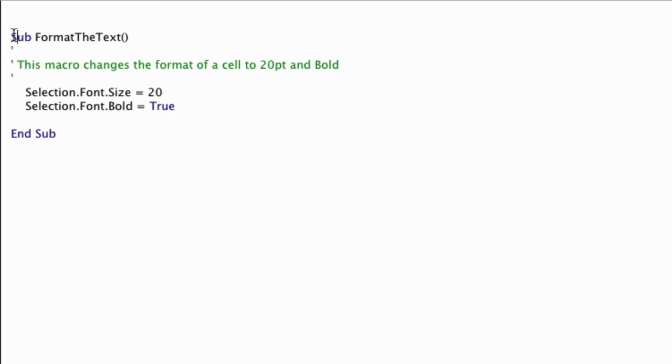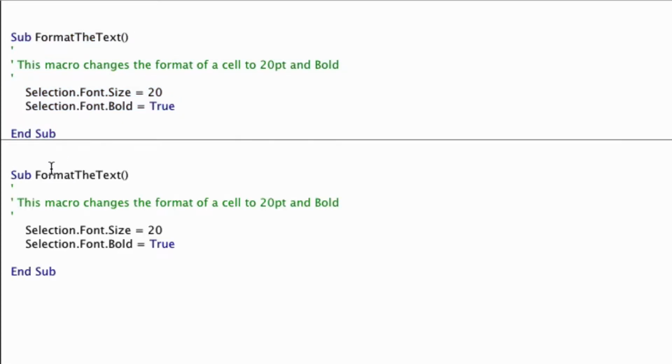So we'll just copy the existing macro and paste it down below. Give it a new name by putting the expression Toggle Format the Text, and we can change this comment. Starting with a single quote is a comment, so it doesn't actually affect the macro, it just explains what the macro is doing. So we could say toggles, just to keep the explanation, the format of a cell from